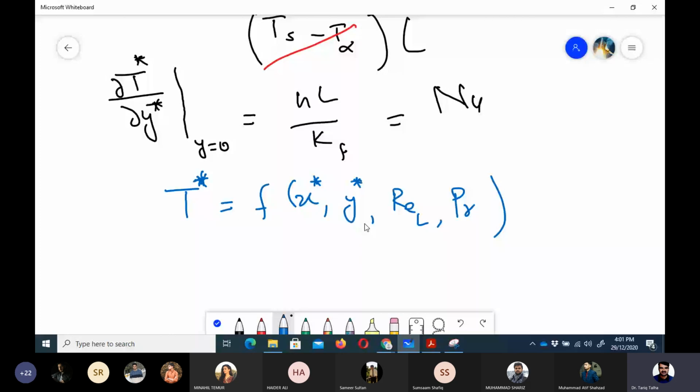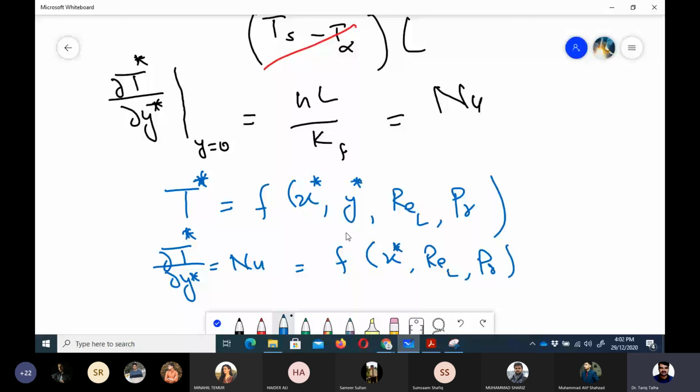How is that? If we write partial T by partial y, which is equal to Nusselt number, so Nusselt number is now a function of x star, ReL and Prandtl number. Where does this y star go? It is on the left hand side, because that thing is equal to Nusselt number, which is also equal to HL upon K. Now it means that if we want to know Nusselt number as a function of x along that flat plate, if I redraw it here somewhere,